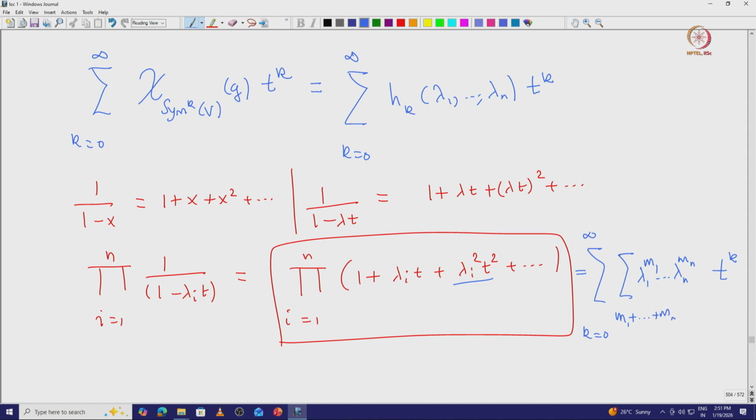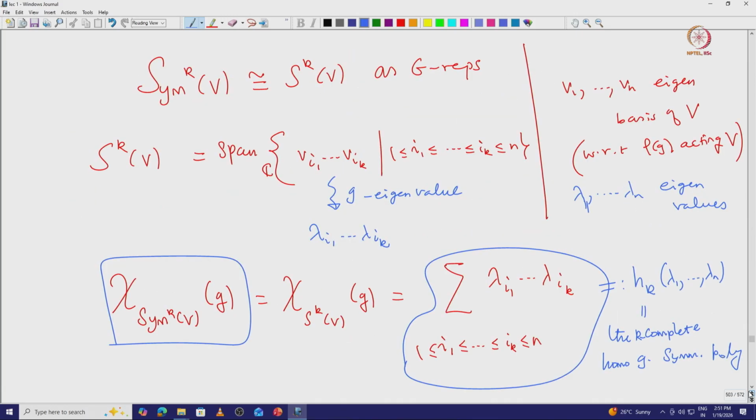m n, they should add up to k. So, this is what we should get. And if you think about it, this is another way of writing the k-th complete homogeneous symmetric polynomial. So, this is exactly equal to h k of lambda 1 etc. lambda n. So, if we go back to the other definition, here we are running over all integers which are